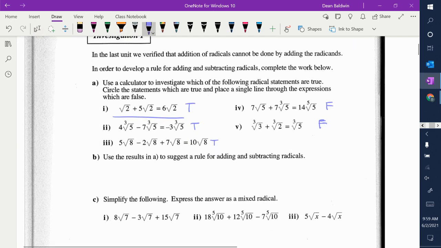the index number must be the same, and the